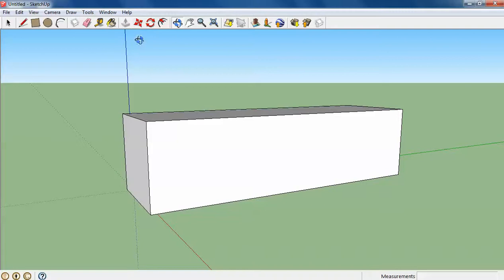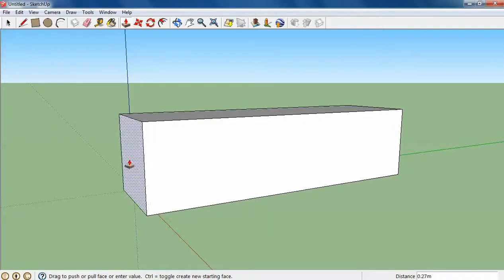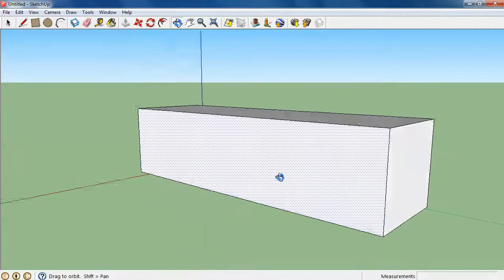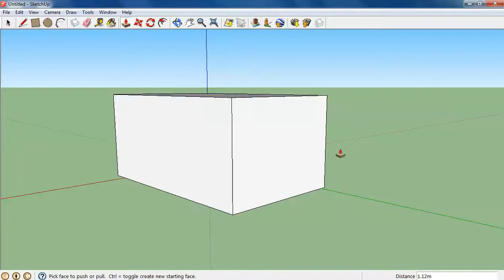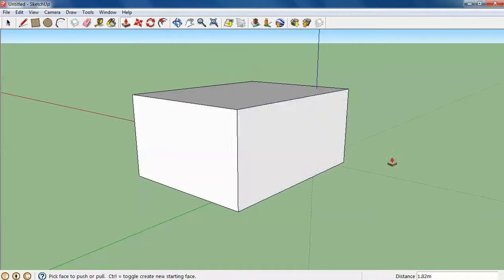So I've drawn my house. If I'm not happy with the shape of it, that's easy. I can just push-pull one of the sides out. Now you'll see here my push-pull is greyed out. Now if I go on the cursor arrow, the select arrow, it then always puts all the icons back so that they can be used again. So I can click push-pull now, and if I wanted to I could pull in, there's my little person up here, or I can orbit round and I can push in that way, and you can pull and push any face that you wish. So don't worry if you don't draw it right to start with,